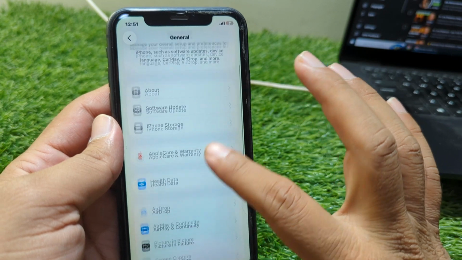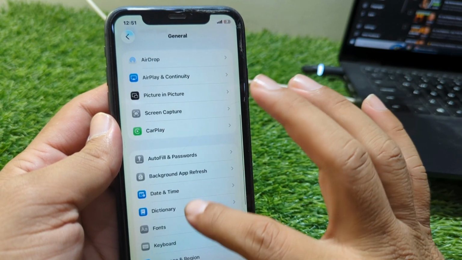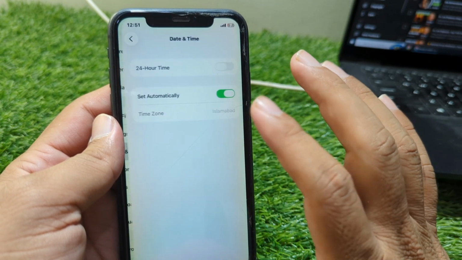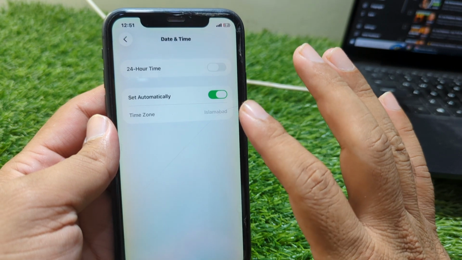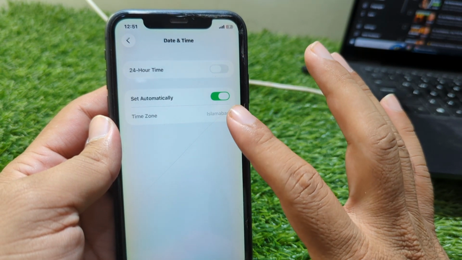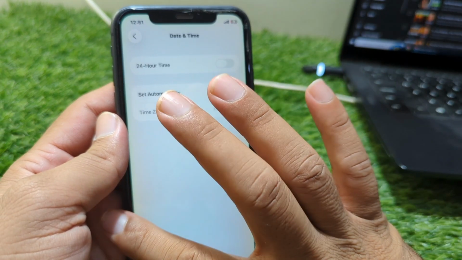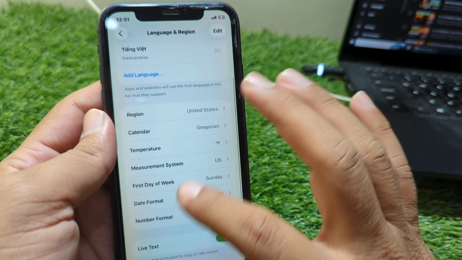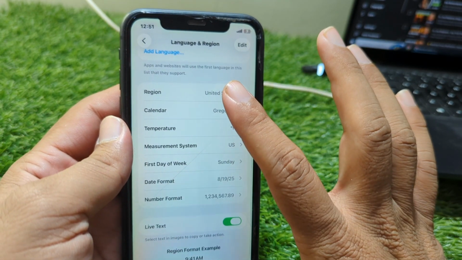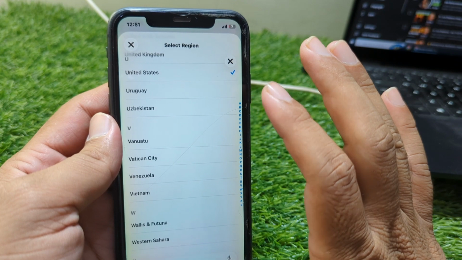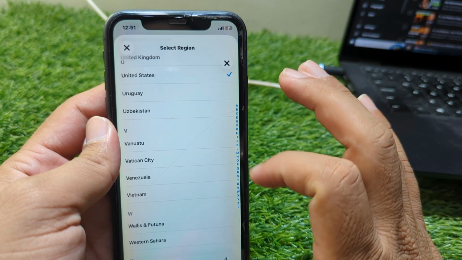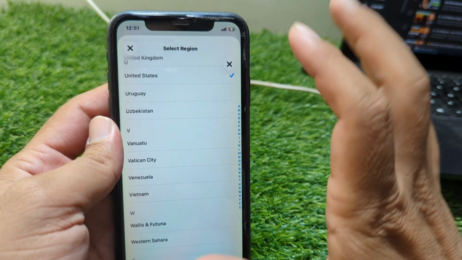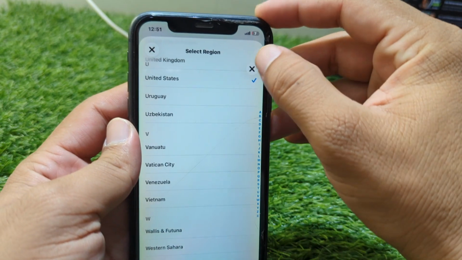So guys, do this and now scroll below and go to date and time and set your date and time from here as well. So I simply turn on the toggle for set automatically. After this, go back and go to language and region, and then scroll below and tap on region and change your country or region from here and select your correct country from here. So guys, do this, and after this go back